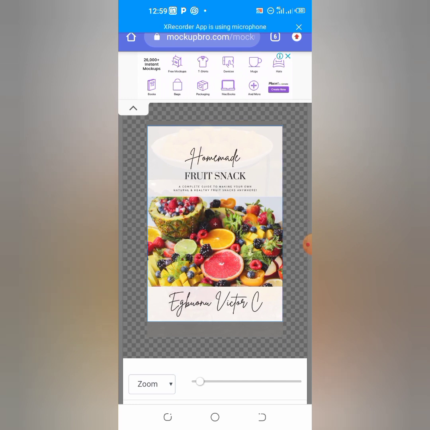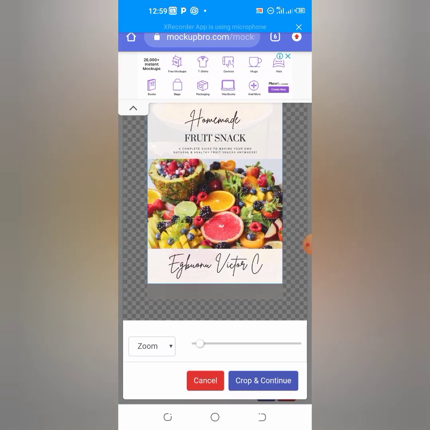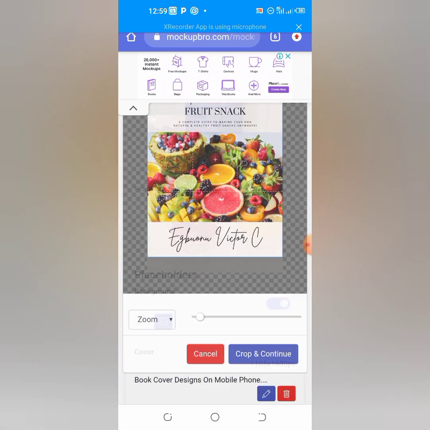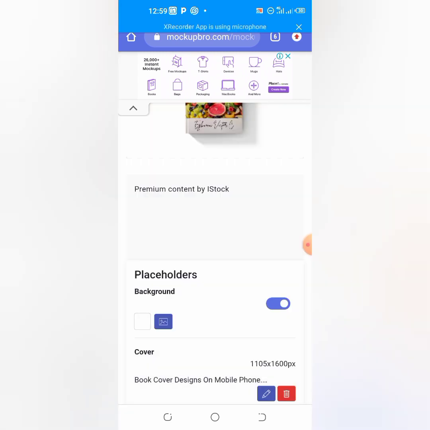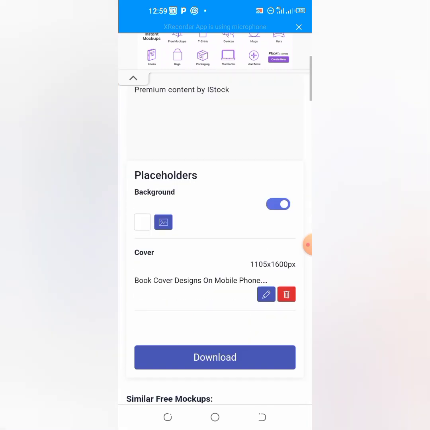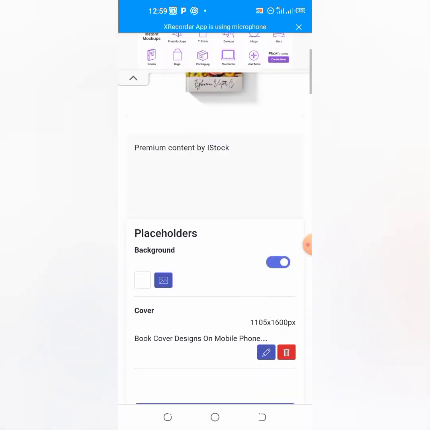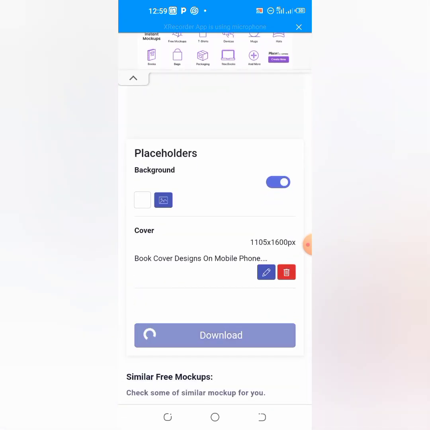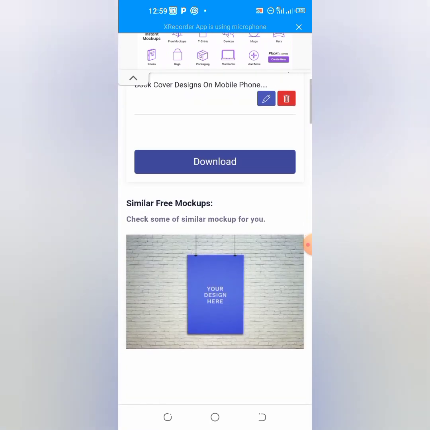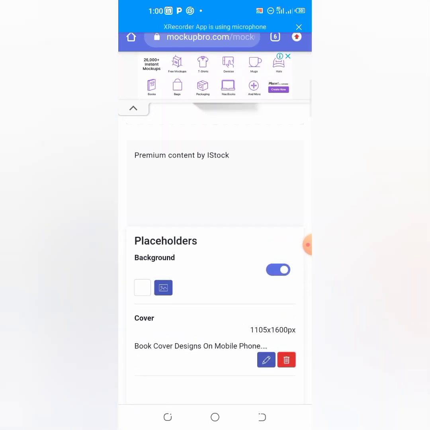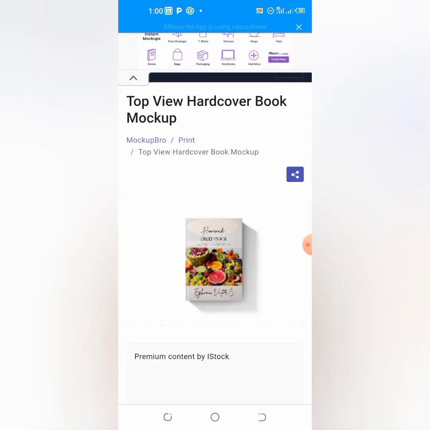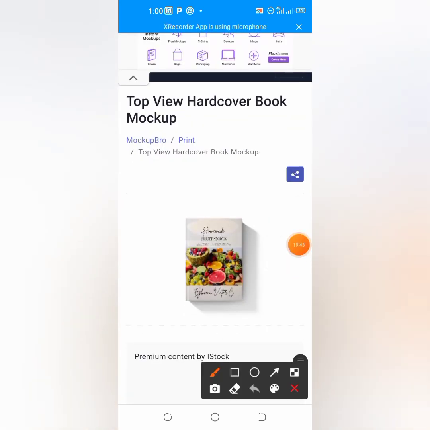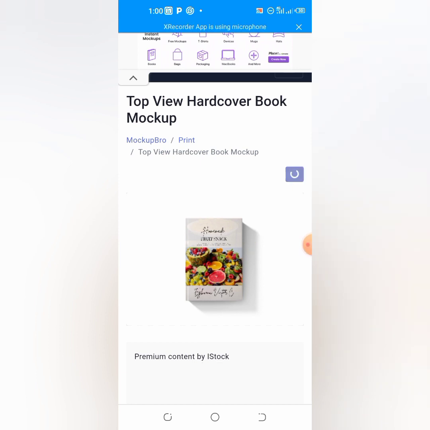Adjust your upload once again, and once perfectly adjusted, you can go ahead, scroll up, and click crop and continue. This is done, and you could click on download to download it. Sometimes the download button might not necessarily download quickly or immediately. You could actually go up here and click on the share button. The share button is over here. Once you click on the share button, you could copy the link,